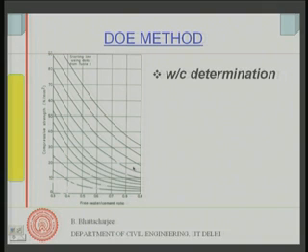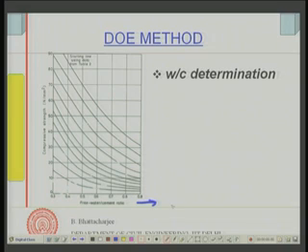Now, I want to determine the water cement ratio, and these are the set of curves. In the x axis of this curve, I have the free water cement ratio, free W by C, and on this side I have the compressive strength, F, Fm maybe I may call it, because I will use target mean strength on this side. So, this is what the set of curves are.